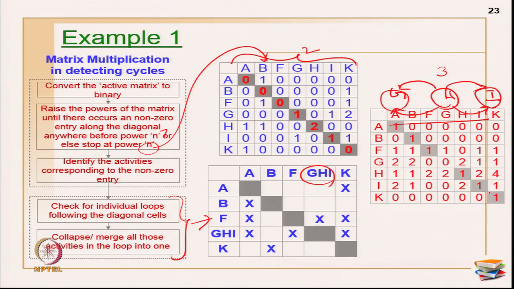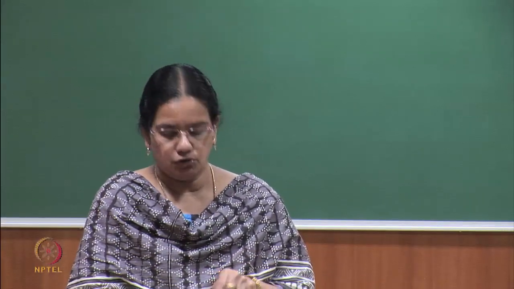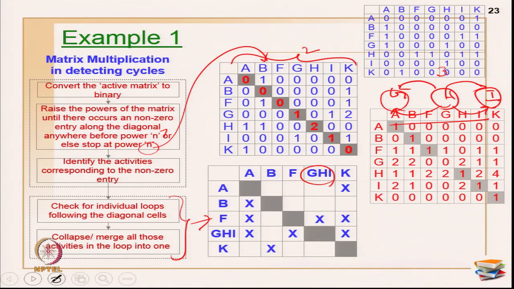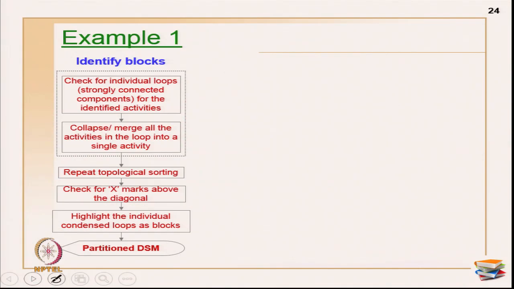So, the minute you go on without merging the first formed loop, the first time you are getting a non-zero entry, you have to stop there and then you have to identify the cycle and then proceed after merging only. If you do not do that, there is no use in the matrix, because these loops will give new values and then you will not be able to identify properly the loops. Okay. So, that is what I wanted to show you on what happens when you raise it to power 3. You can cross check with any example later. Okay. So, now let us move on.